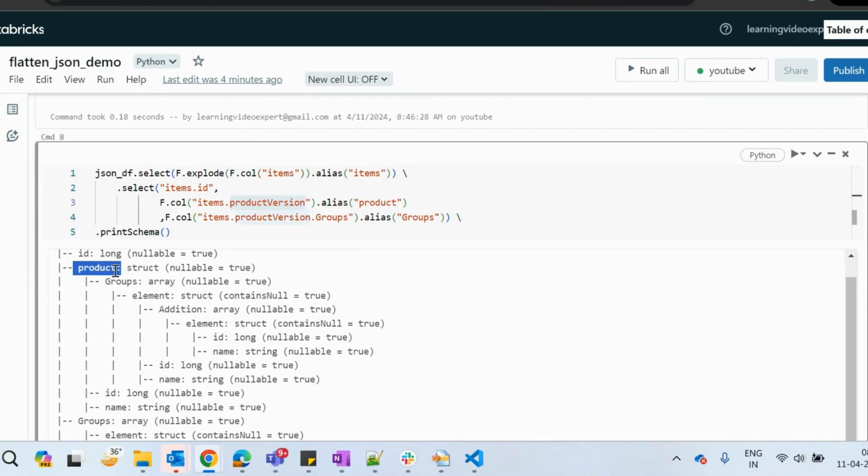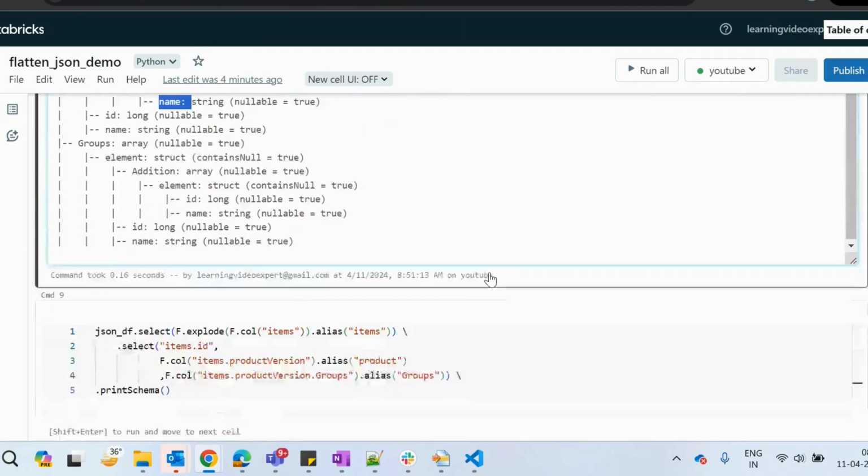So if you will see, this product is there. So now this product version is being converted to struct type. Inside that we have groups. Okay, so we have the groups. Inside that groups, I just mentioned it as an array. So next step will be to explode this groups so that we can go ahead and get the element inside it. That is, let's say we want to get the ID and name. So we will go ahead and explode the groups. If you want to get the ID here, which is inside this product, right? You can get that. But I want the ID and name. So for that, I will be exploding the groups.